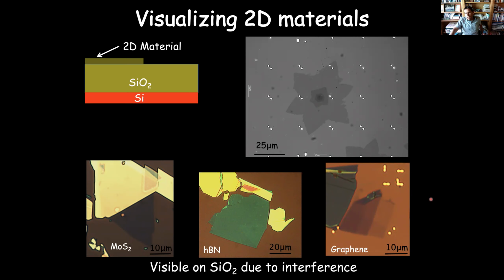If you look on the bottom right down here, you can see the same thing in a color image instead of black and white for graphene. The orange is the silicon oxide, a monolayer, bilayer, 3 and 4 layers, etc. We can do the same thing with the other materials that we're going to be interested in: hexagonal boron nitride, molybdenum disulfide, etc. So we have a very quick and easy way of determining how many layers of the material we have, which will be important as we try to make different heterostructures with these materials.